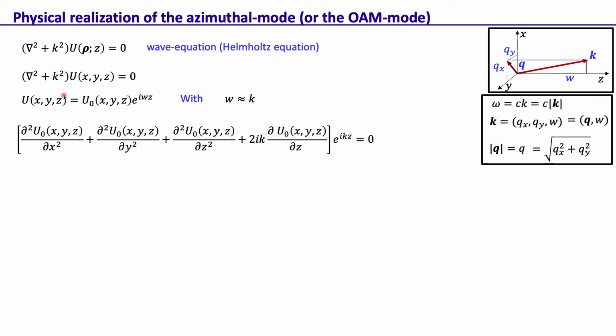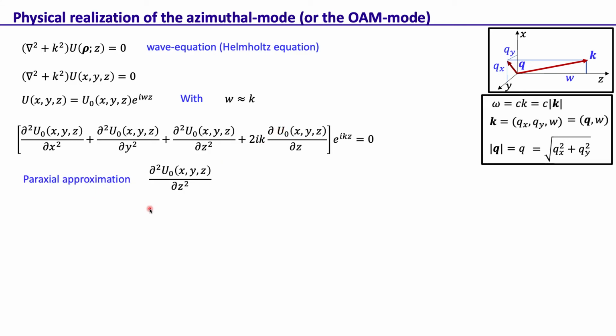We find that when del square by del z square acts on this quantity, it will give out a minus k square term, sorry, a minus w square term that will get cancelled with this k square, and then it also gives twice i w, which we are writing as twice i k. So just a simple math, we can show that this can be written like this if we assume this form for u and assume w is almost equal to k. Okay, so that's the form of the Helmholtz equation it satisfies.